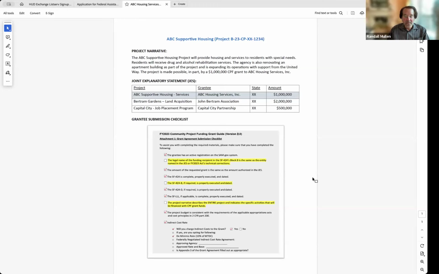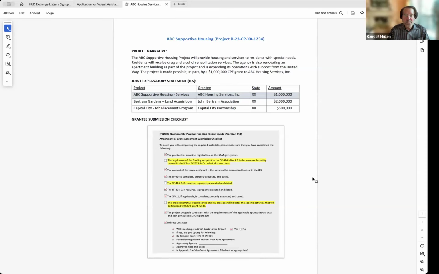And then they have, as I mentioned, taken the grantee submission checklist, and we're using the long form here because it is almost identical in regard to the items that are highlighted, and would apply to all grantees who are represented on this webinar.